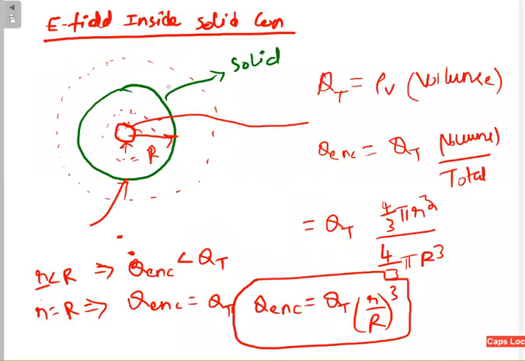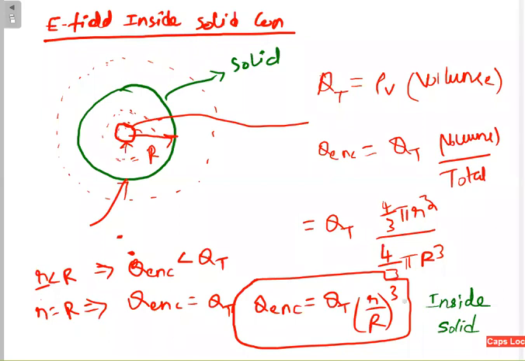This is the electric field inside the solid conductor. I have calculated the Q enclosed at any point, which depends on what imaginary surface, and hence what volume, you have chosen. So finally I have come to a conclusion. This is valid only inside the solid. Inside the solid you have to use this equation.